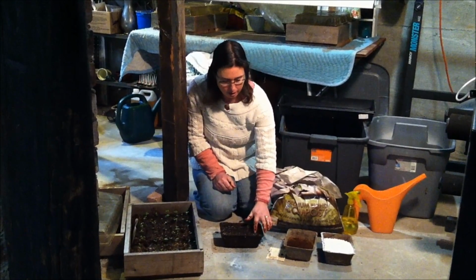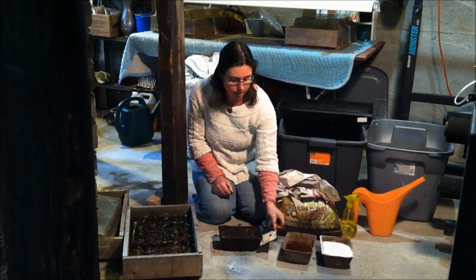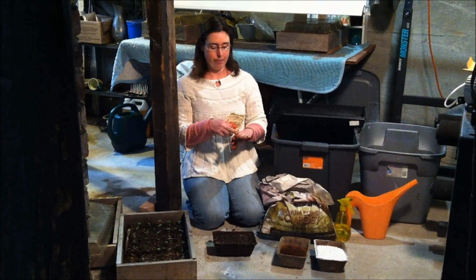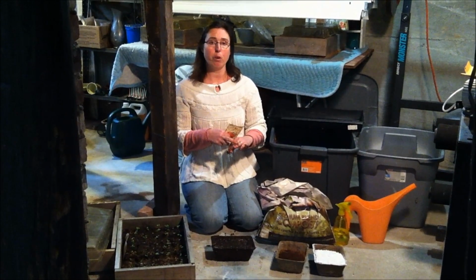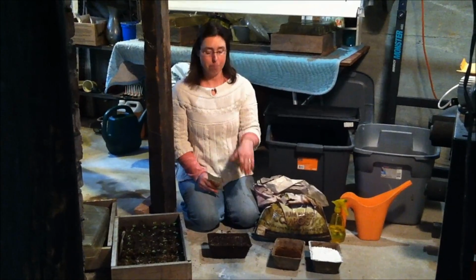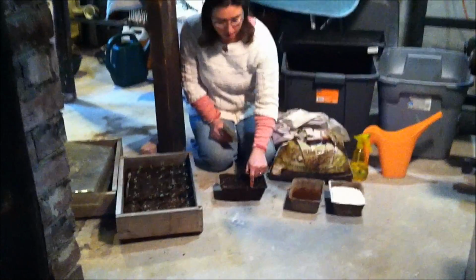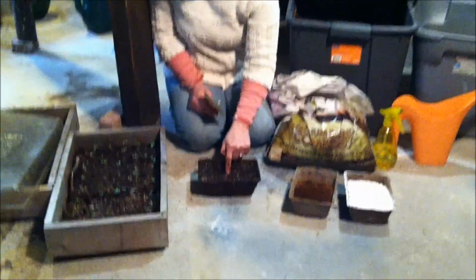Depending on the size your seed is and how deep it likes to be planted, you'll poke some holes. Usually the back of your packet will tell you how deep to plant it, or a good rule of thumb is twice the depth of how wide it is. So if it's a big seed, like as big as your fingernail, you'll poke the hole twice that deep and put your seed in. The seeds we're going to plant are not very big and they don't get planted very deep, so I'm just going to poke some small little divots